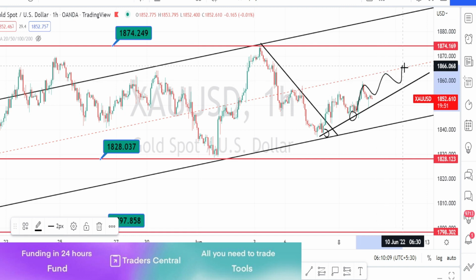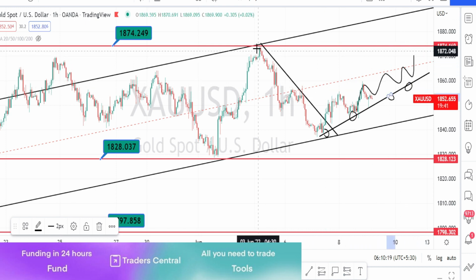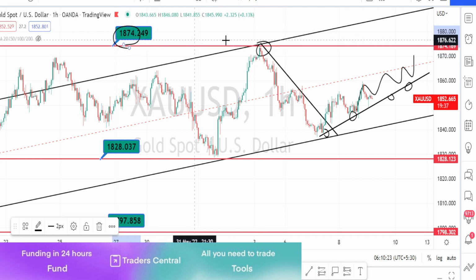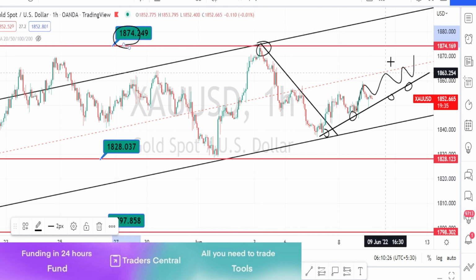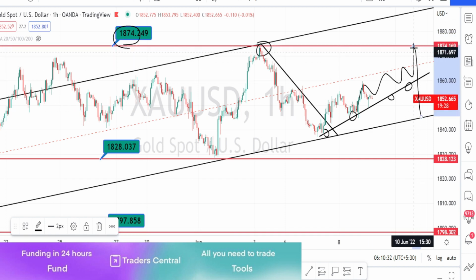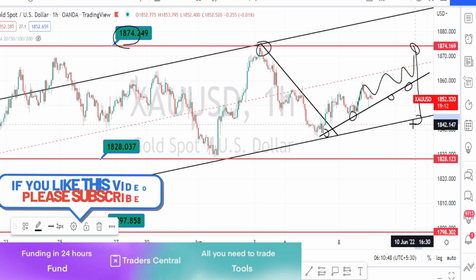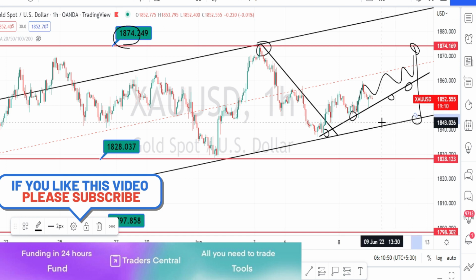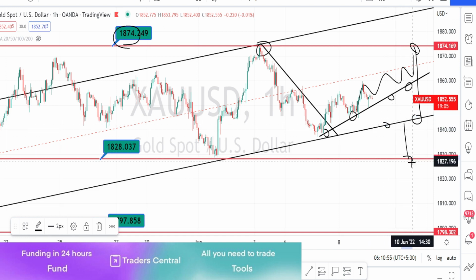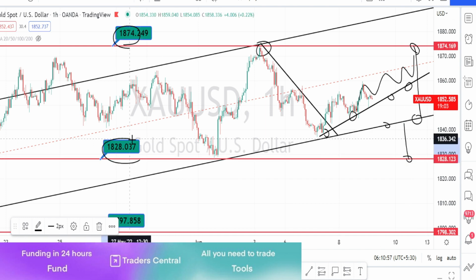So we can expect the bullish trend to continue as long as it doesn't break this support line or the trend line. And from the past price action, we know that this level of 1874 is a very strong resistance level. So we can expect it to bounce back on the bearish trend reversal from this resistance level. And if the price action breaks this support line or the trend line from the 4 hours time frame, we can expect it to take support on the higher time frame support level of 1828.